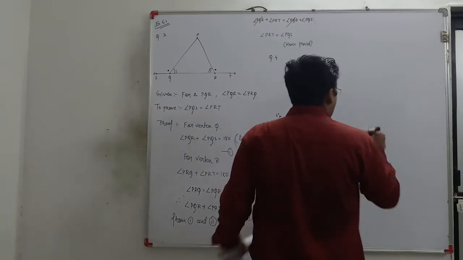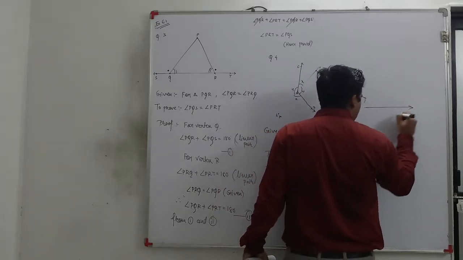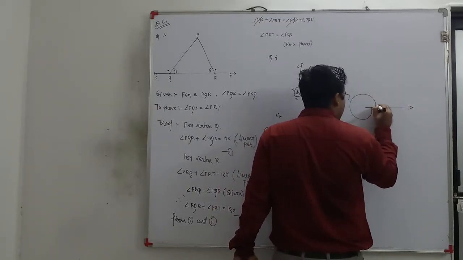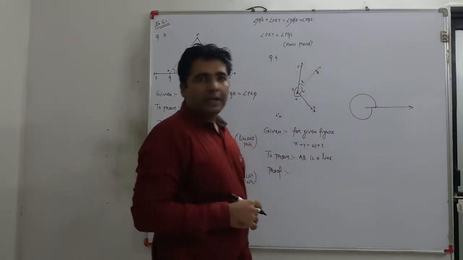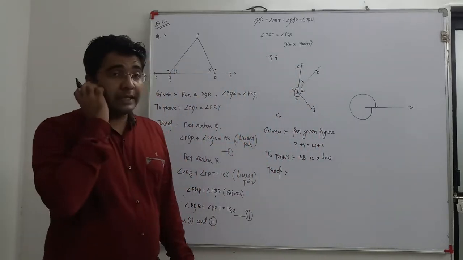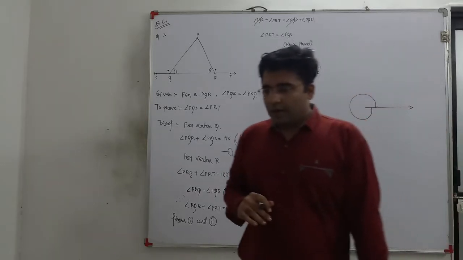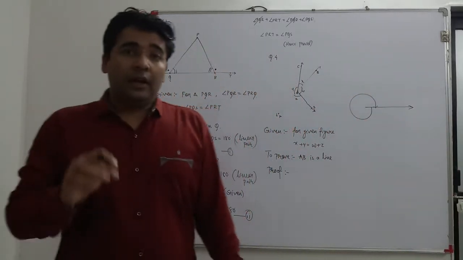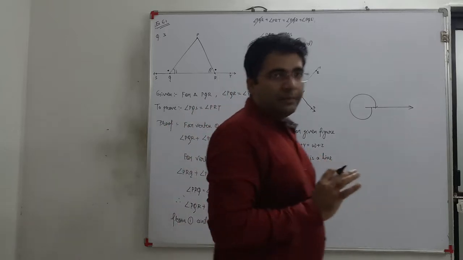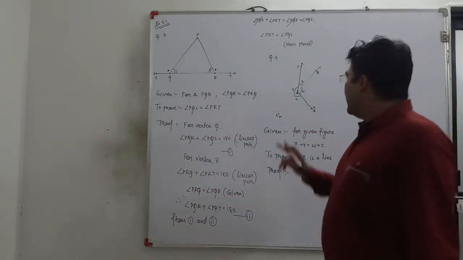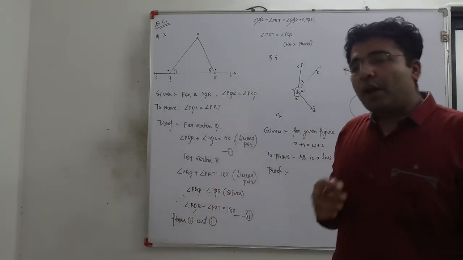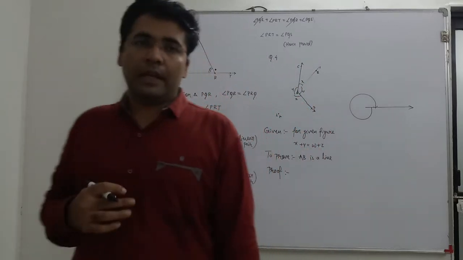When any ray starts from anywhere and completes one full part, we can say that it is the complete angle, and the complete angle is equal to 360 degrees. Another thing we can say is that the angle of any circle is also 360 degrees. So a point has a 360 degree angle.